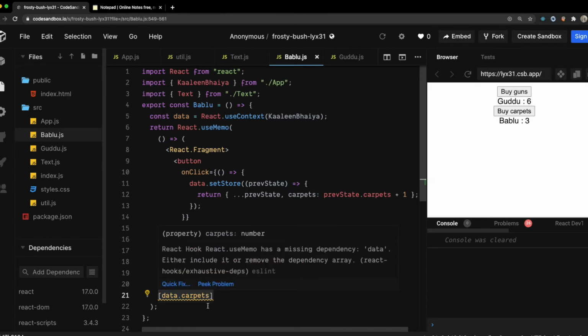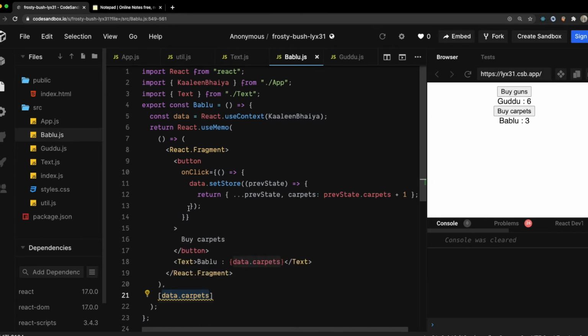So when your carpet changes, then only this whole component, or this function, will be called. And what does it mean? That only then a new execution context would be created, or a new render will happen, right? So this is how we are controlling it. So in short, we have just mimicked a pure component or an efficient component, right?